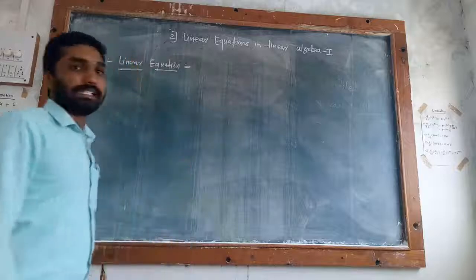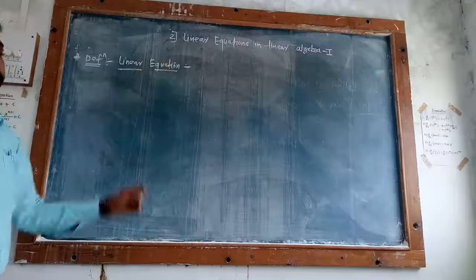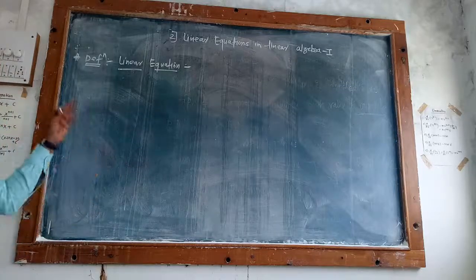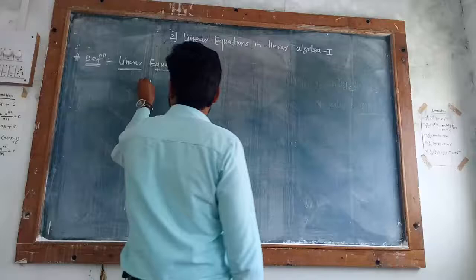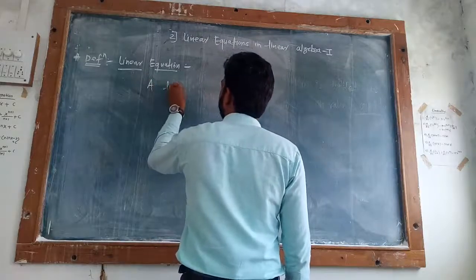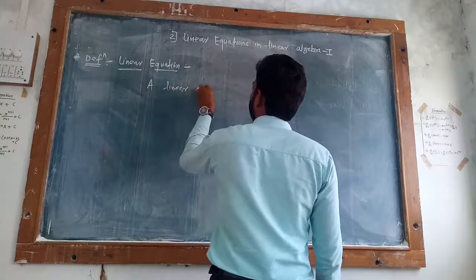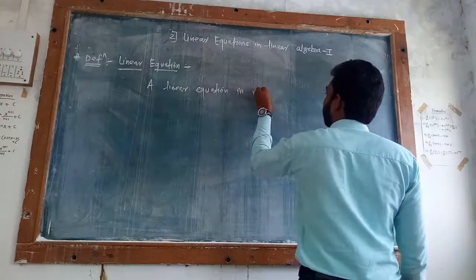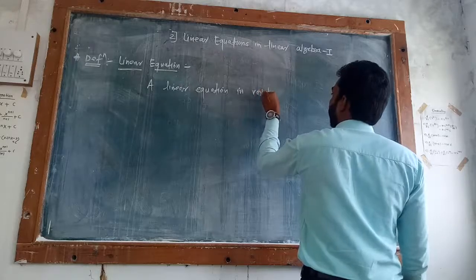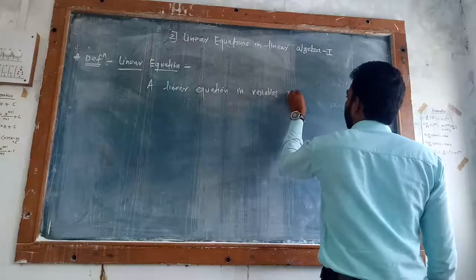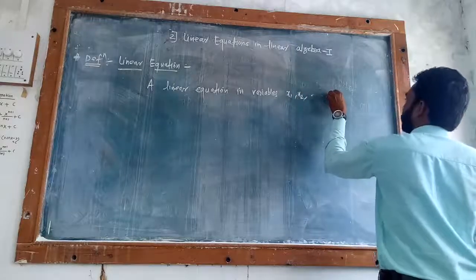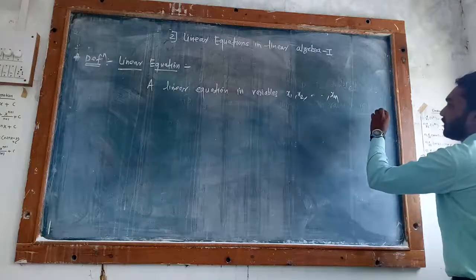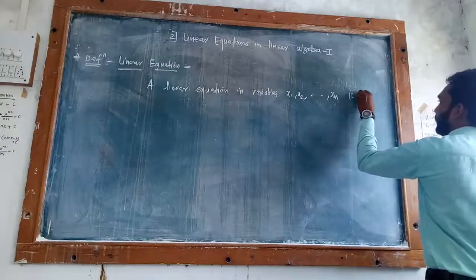It is a very easy concept. All students are familiar with what is meant by equation and what is meant by linear. Linear means the degree of that equation is 1. So let us start the definition. A linear equation in variables x1, x2, up to xn is an equation